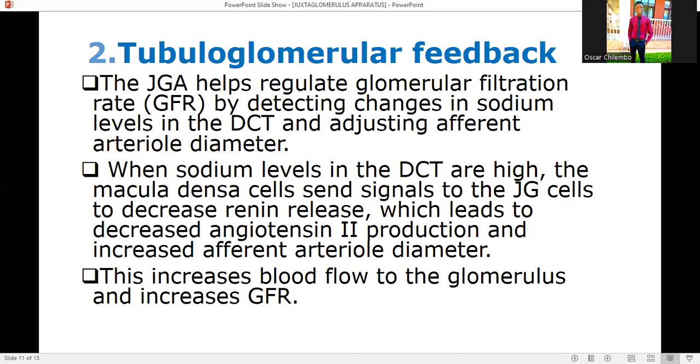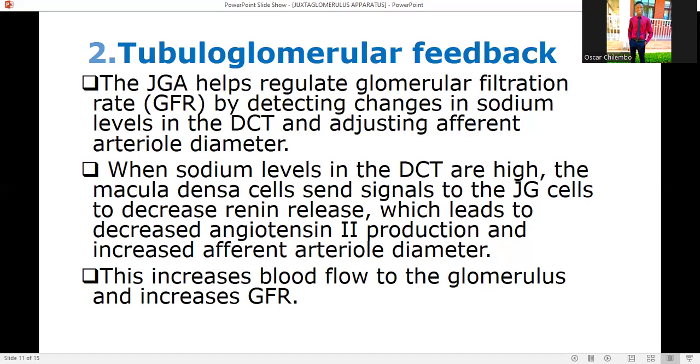This is the tubular glomerular feedback. What does this feedback mean? The juxtaglomerular apparatus helps regulate glomerular filtration rate by detecting changes in sodium levels in the distal convoluted tubule and adjusting the afferent arteriole diameter. This is a direct effect. Once low sodium levels are detected in the distal convoluted tubule, then the system, via those three major components I described, specifically the macula densa, senses the sodium levels, then directly constricts the afferent arteriole diameter so that